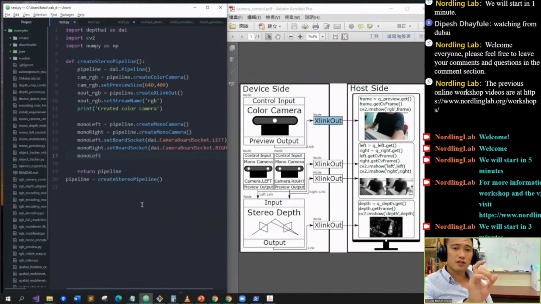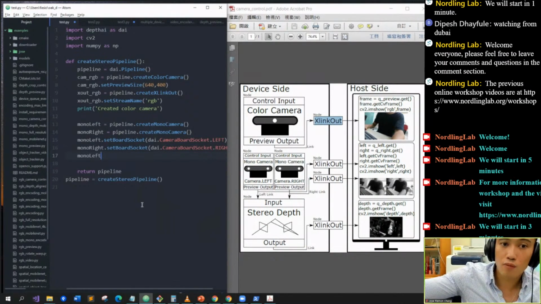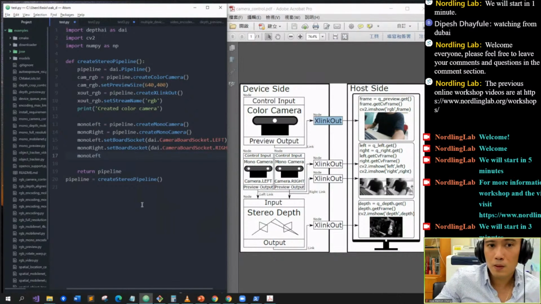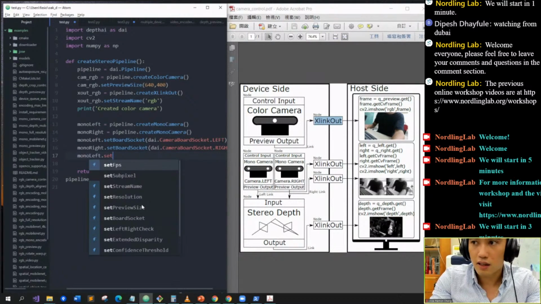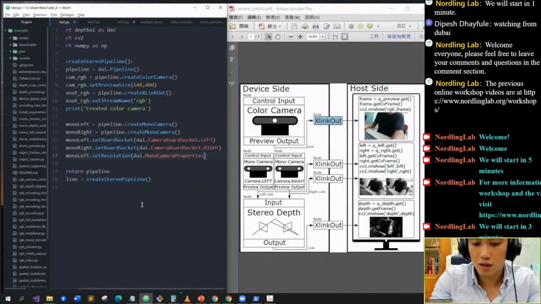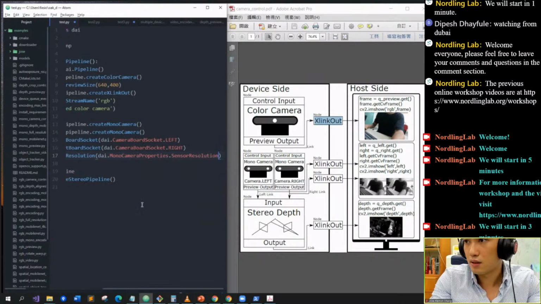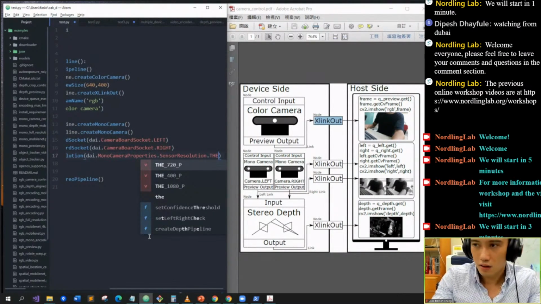The default resolution for these mono objects is 720p. So that's actually a little bit too large if I want to show the four outputs in my screen. So I'm going to change the resolution of that to 400p. So the way that we do that is set resolution mono camera properties sensor resolution 400p,